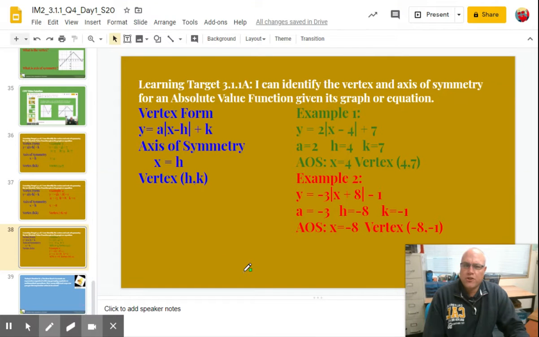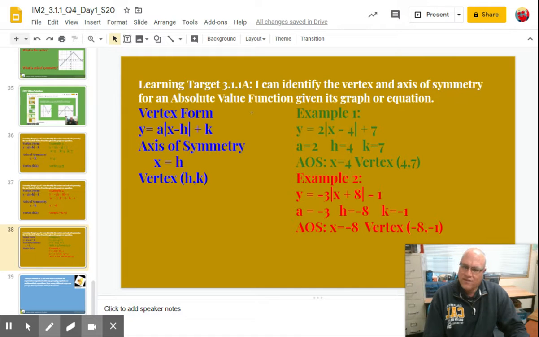All right, this is part 2 of the 3.1.1a notes. Here, I want you to be able to look at the linear absolute value equation and be able to identify the axis of symmetry and the vertex just from the equation itself. So this is going to be a little bit more sophisticated than the parent function where it's just y equals